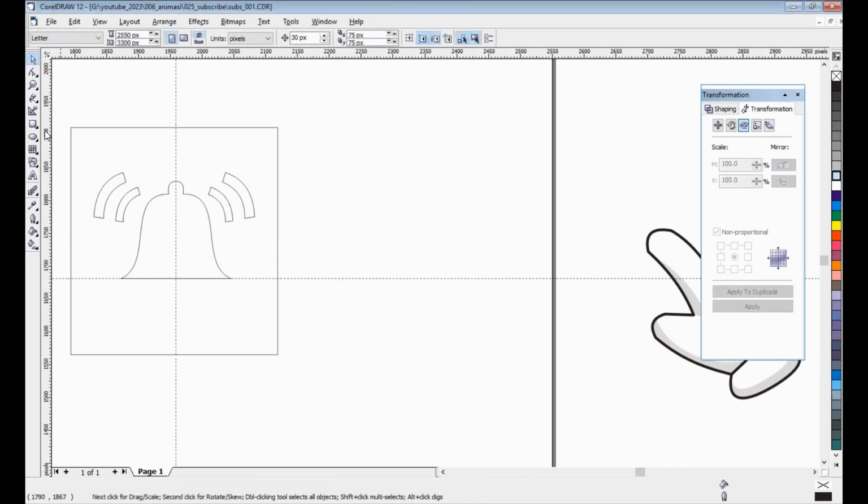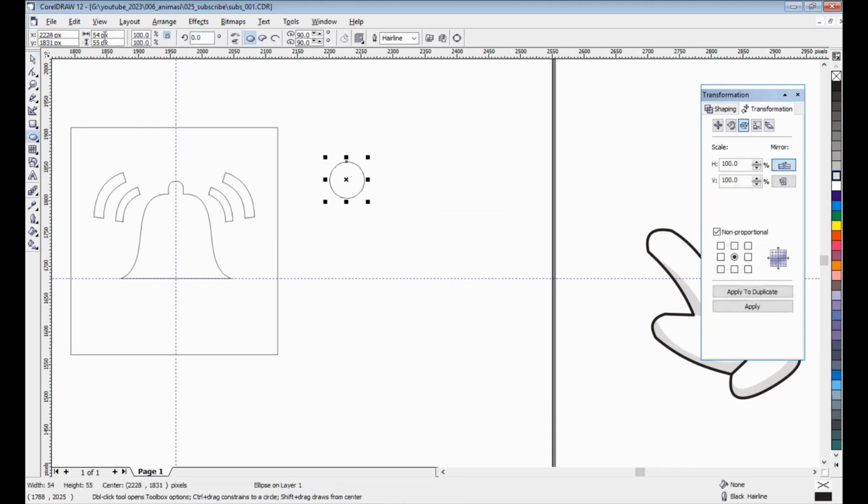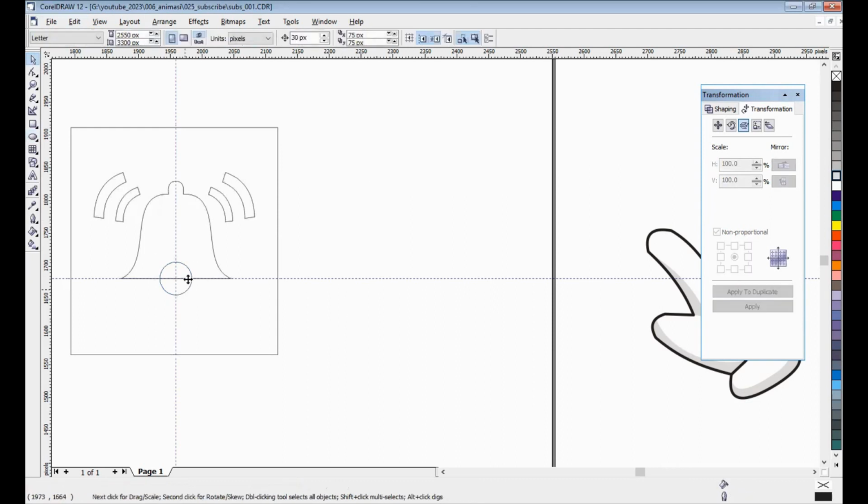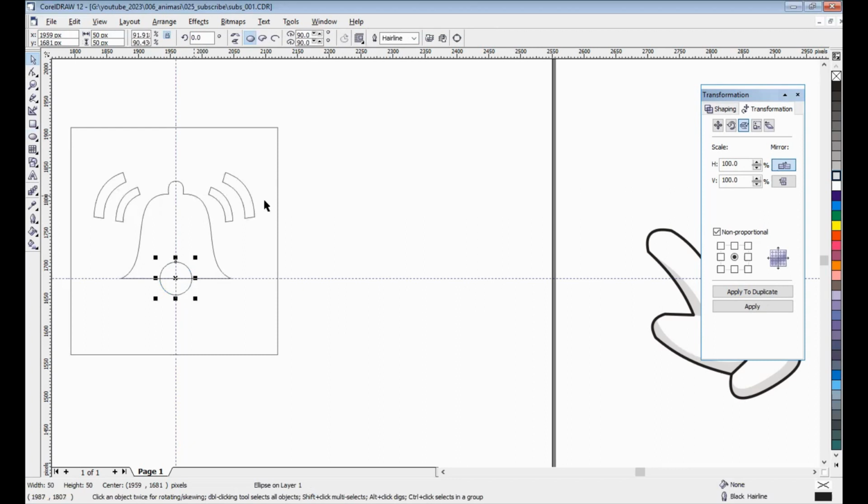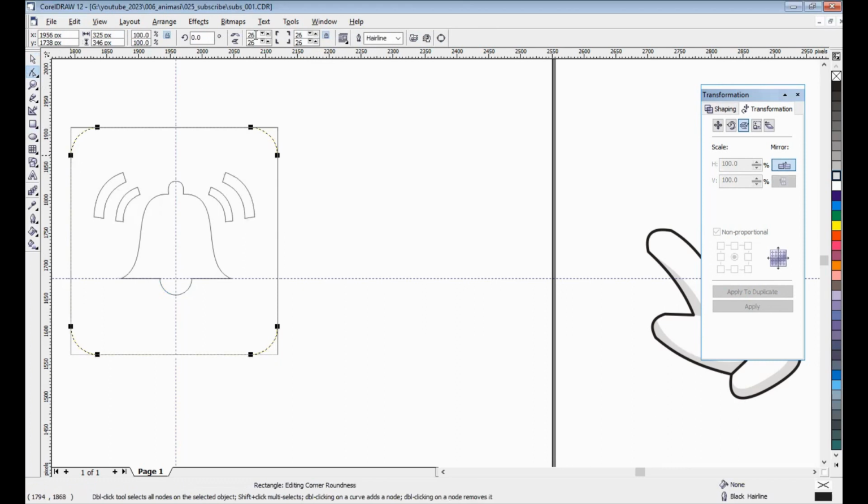Here you can use maybe 50, and then this here. And I want to make this result with a wall, like this, and take the corners around it a bit. That's it.